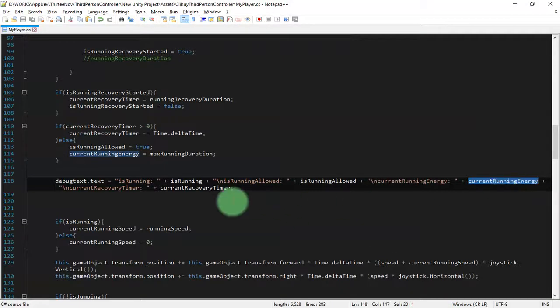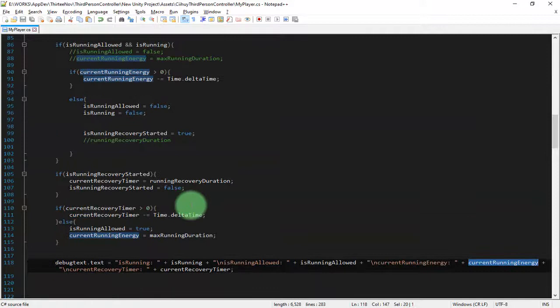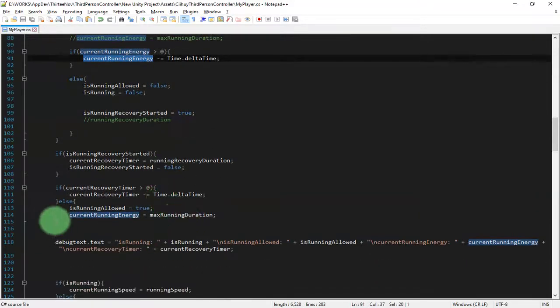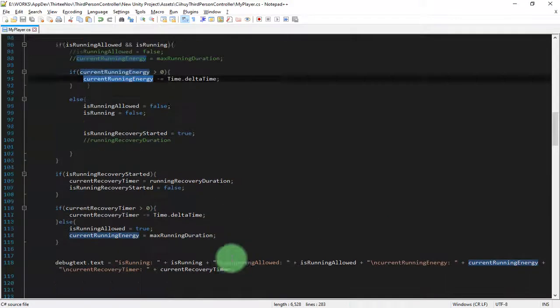So the current running energy is here, and it is not decreasing. So the problem is this current running energy is not decreasing. Why?